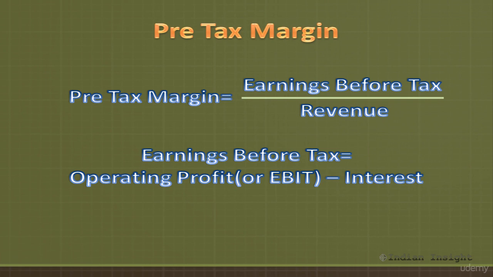The next ratio we will look at is the pre-tax margin. This ratio uses pre-tax income, that is earnings before tax, which is calculated as operating profit minus interest. The pre-tax margin is a ratio of pre-tax income to revenue. The pre-tax margin reflects the effects on profitability of leverage and other non-operating income and expenses. If a company's pre-tax margin is increasing, primarily as a result of increasing amounts of non-operating income, the analyst should evaluate whether the increase reflects a deliberate change in a company's business focus and thus the likelihood that the increase will continue.